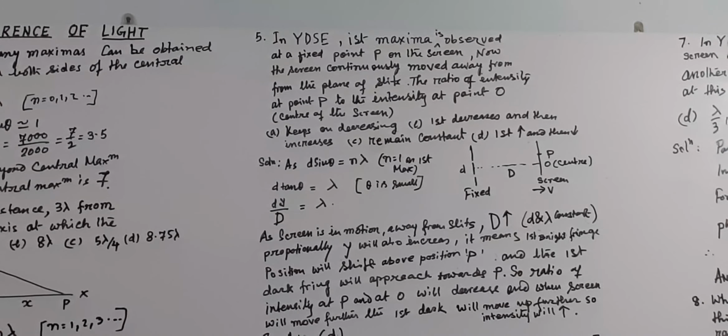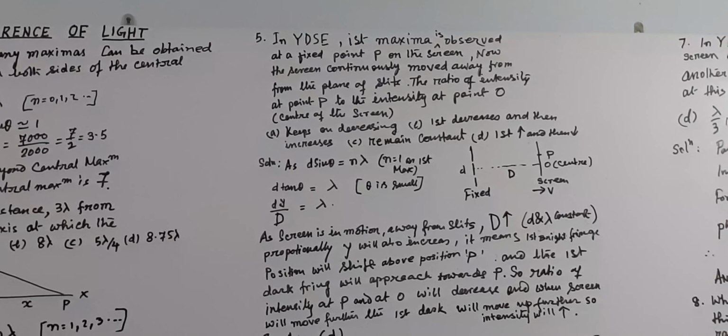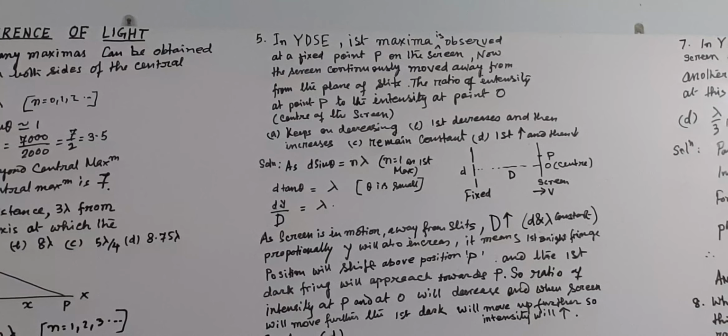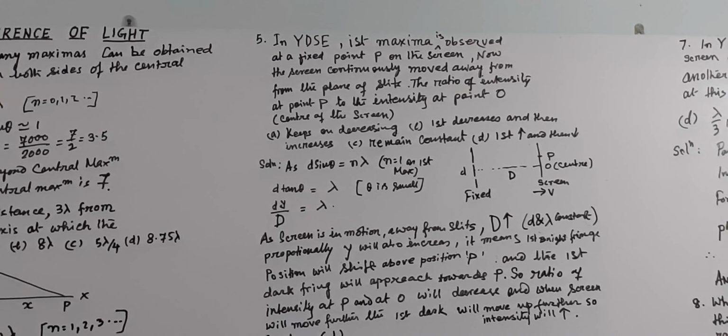In YDSE, the first maxima is observed at a fixed point P on the screen. Now the screen is continuously moved away from the plane of the slits. What happens to the ratio of the intensity at point P to the intensity at point O, the central max on the screen? There are 4 choices: keeps on decreasing, first decreases then increases, remains constant, first increases and then decreases. As we know, d sin theta equals n lambda,